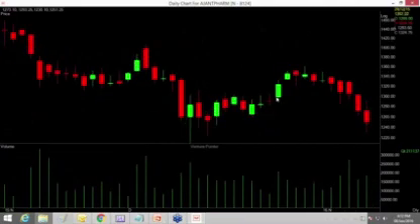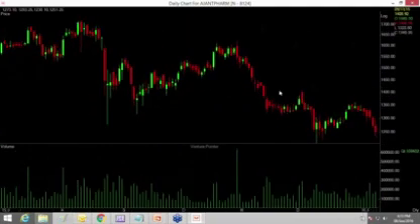Now here if you see the green candle, the upper part is the upper shadow, that is the high of the day, the lower part represents the low of the day, and this green candle represents that the closing is higher than the opening price of the day. Here on the right side of the screen, on the data bar, the opening price is 12.99 and at the end of the day the script closed at 13.24. That is higher than the opening price. That's why it represents a green candle.